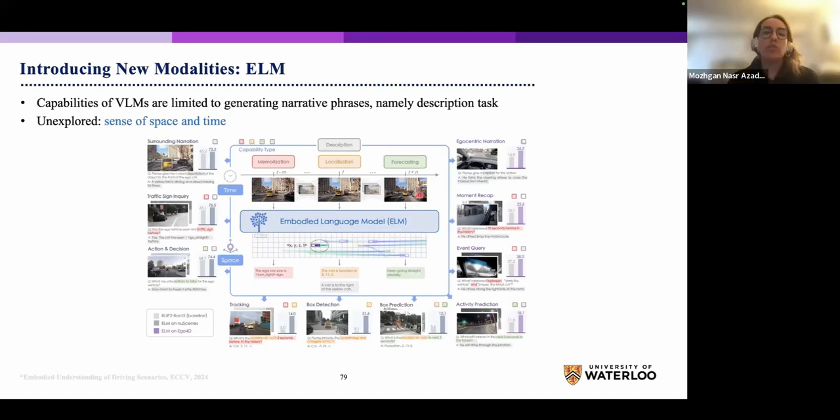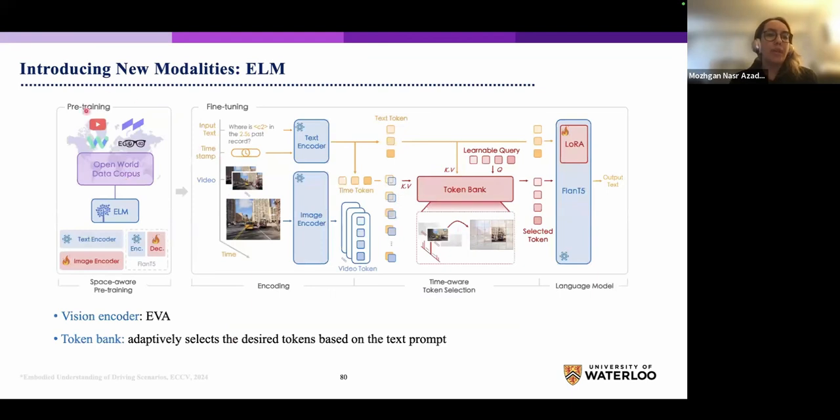So let's see how they do it. The first step was they built a new dataset where they add specialized space, like they add locations to the DriveLM dataset. They kind of extend DriveLM. So now we are not just having, for example, left of that or right of that. We now have actual locations, pixel locations for the images or the videos. And we also have timestamps within them so that we can ask a question like where is C2 at 2.5